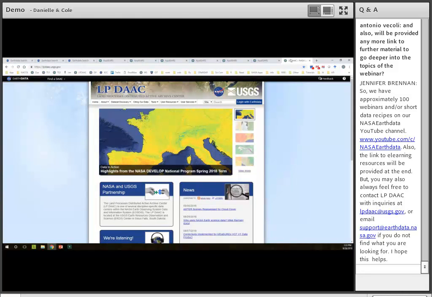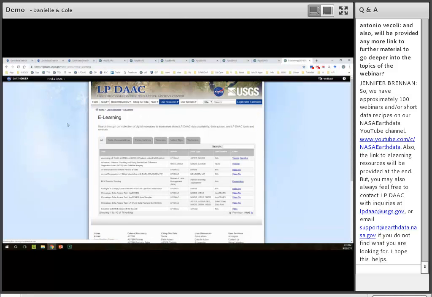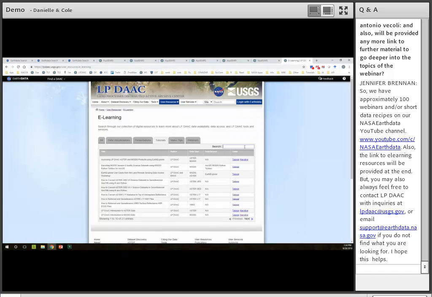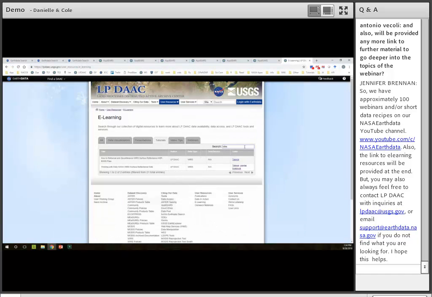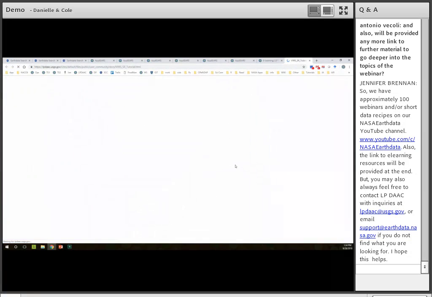So here's the LPDAC website at lpdac.usgs.gov, and if you hover over User Resources and click on e-learning, our e-learning page contains a collection of digital resources to learn more about LPDAC data, tools, and services. Next, if I click on the Tutorials tab and type VIIRS into the search bar, you will see the Working with Daily NASA VIIRS Surface Reflectance Data tutorial with links to an HTML formatted output, which we'll take a look at in a second,